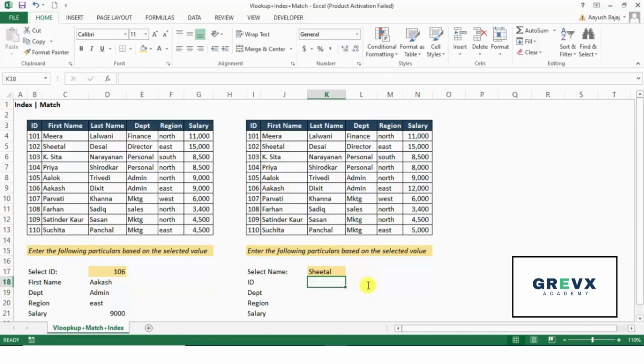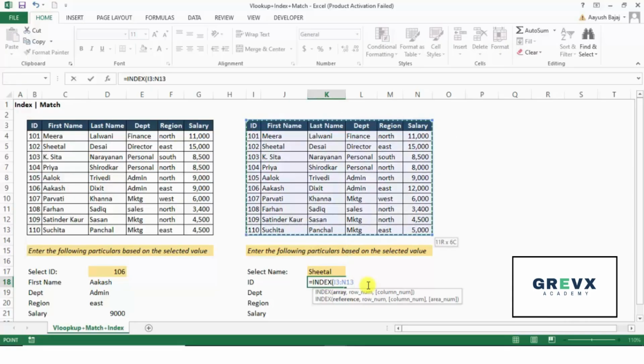Currently, we won't be using any freezings for this. Let's compute ID without using the freezings. Alright, and then we'll level up ourselves and do it with freezings. Alright, so let's start. Press equals index. Now I want the ID for Sheetal. Excel asks me for array. Now array undoubtedly will be the entire table. Select the entire table. This is what our array is, comma,